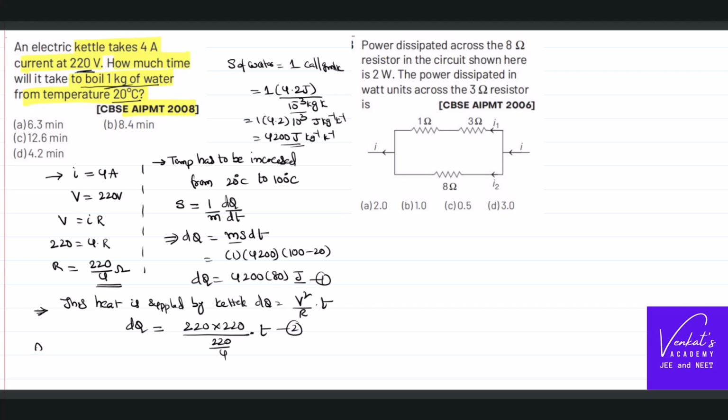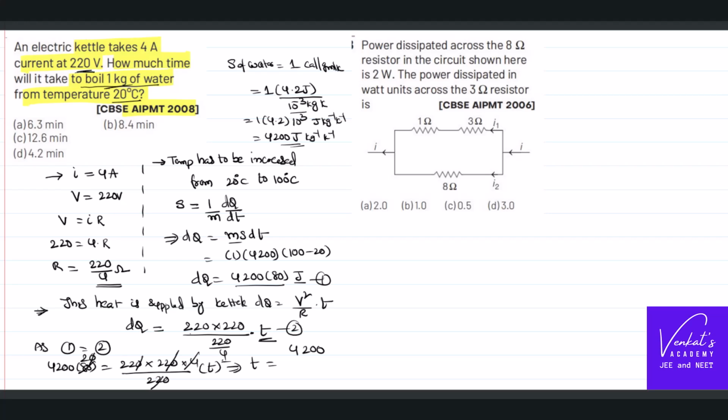We can equate them as equation number 1 equal to 2. What happens? 4200 into 80 equal to, dq is here, 220 into 220 by 220 by 4. So the denominator of the denominator comes to the numerator, 4 by 220 into time. I have just written this equation. So one 220 can be cancelled. This 4 is of 20 times, this one 0 also can be cancelled. So that implies time equal to, what is remaining is